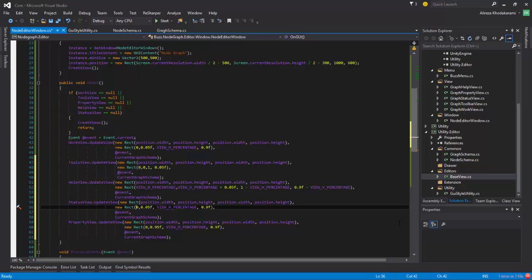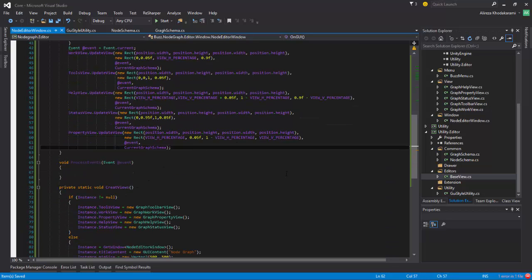Now this is 0.95f, 1 and 0.5f. Okay, now the properties view is view horizontal percentage, 0.5f, 1 minus our horizontal and view vertical. Okay,